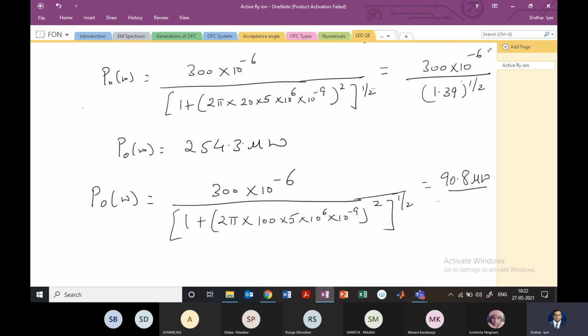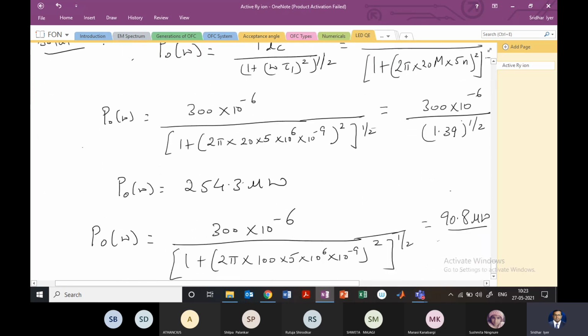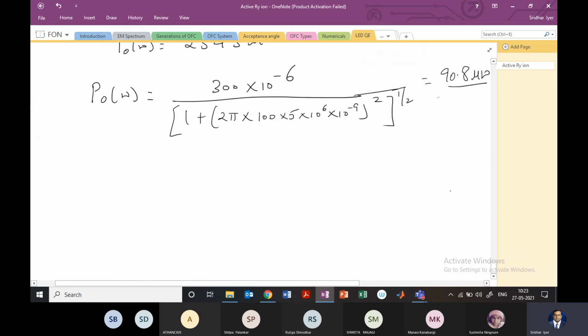Okay. So this question has been asked a few times in the question paper, right? Regarding the modulation bandwidth, what is it dependent on, and the numerical. So similar numerical like that. So it's very easy. Just you have to use this equation to find the answer. Okay. So I hope this was clear. It's simple to understand. Now let's look at the second part.